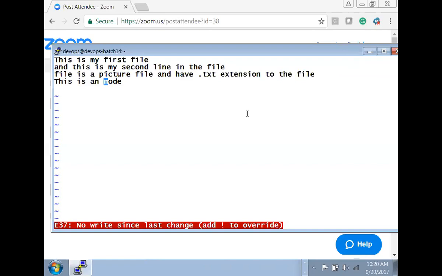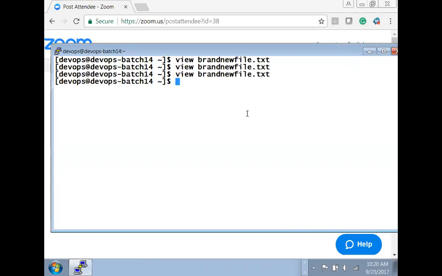So do you want to save or do you want to really go out? If I want to really go out, I will say :q!. And then I will not save that file. I will force come out. So that is why you are using the exclamation mark there. So you need to understand whatever the previous order you are giving, you have to override that order.